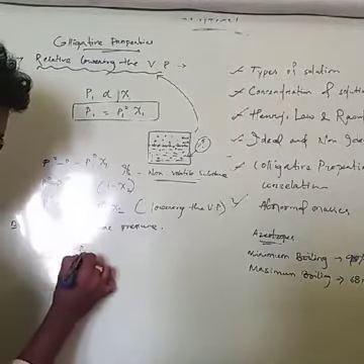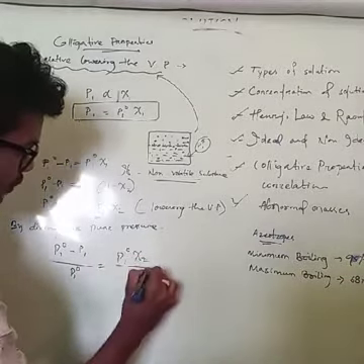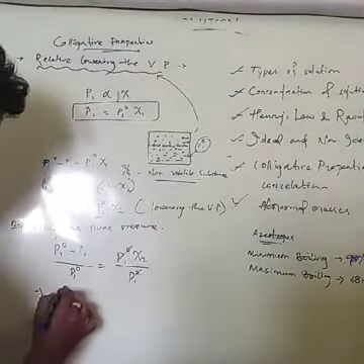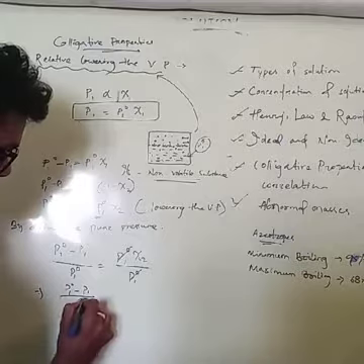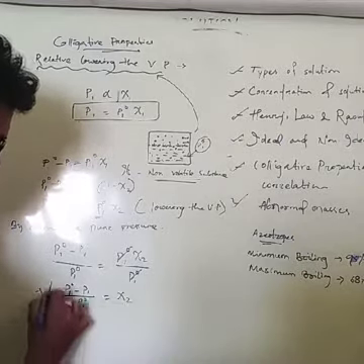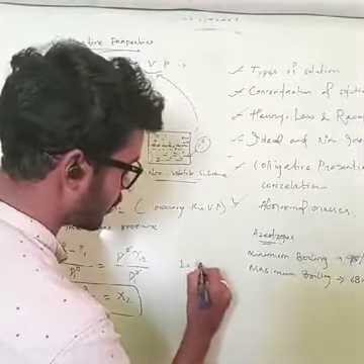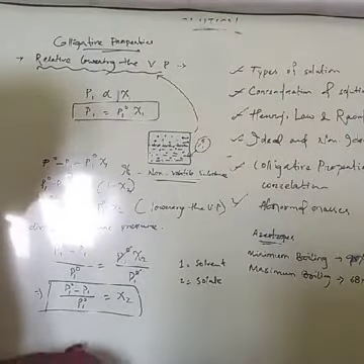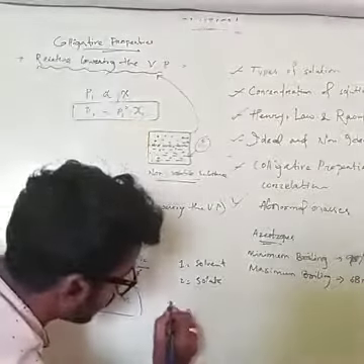That means it equals P1 naught chi 2 divided by P1 naught, so you cancel. So what you are getting? Relative lowering of vapor pressure equals the mole fraction of solute. 1 stands for solvent, 2 stands for solute. Okay, right. For a dilute condition,